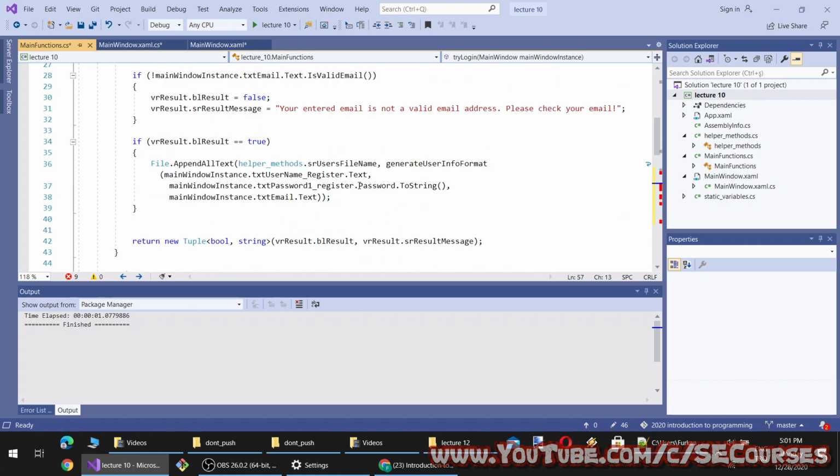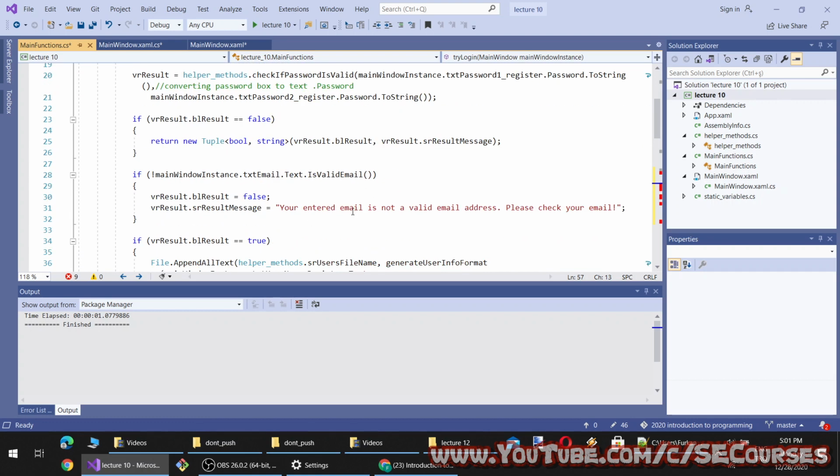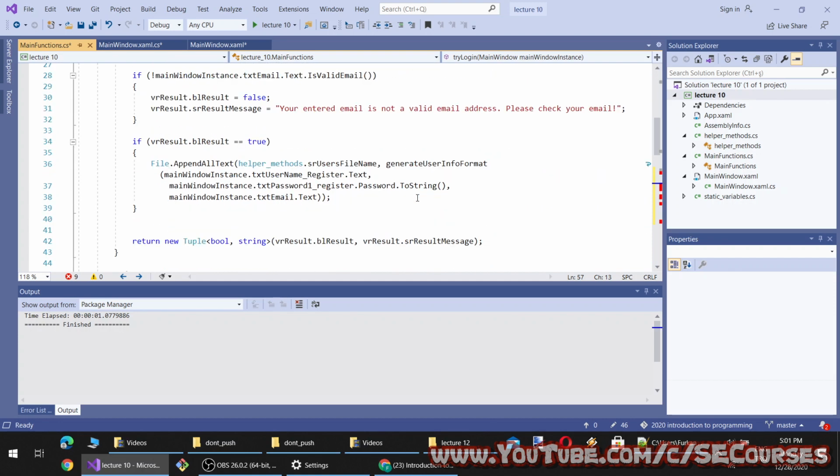We have converted the password to its hashed version. Register text, password to string.